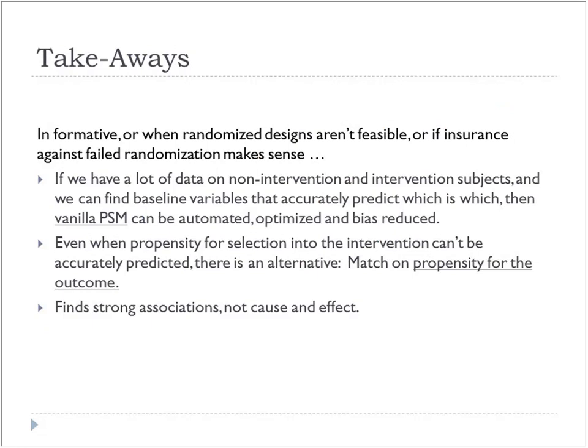Unless there are other questions, I'm going to get to the takeaways here. When randomized designs aren't feasible or they fail, and you want an insurance policy against a failed randomization, I think it's a really good idea to make sure you acquire those maybe 3 or 4 dates that you need and identifiers to link into administrative data sets as a backup, just in case. And I would do it in any case, because if you do the matching as well as the randomization, it just gives you another